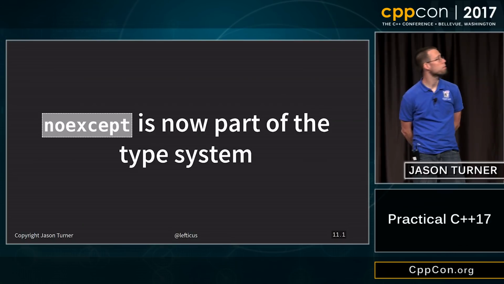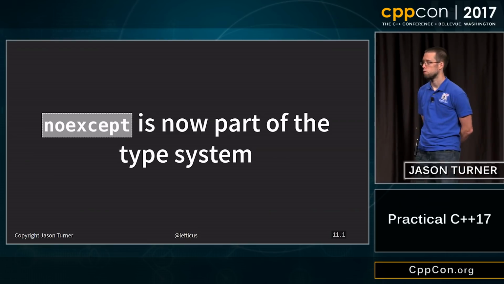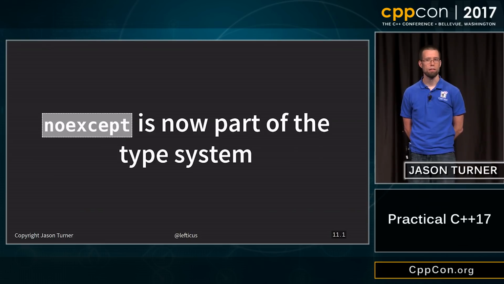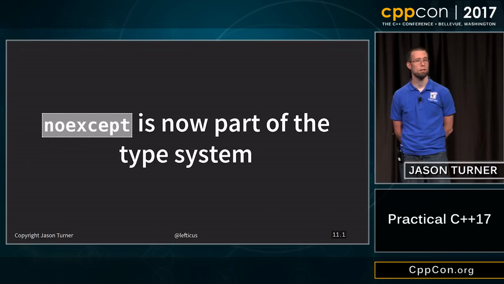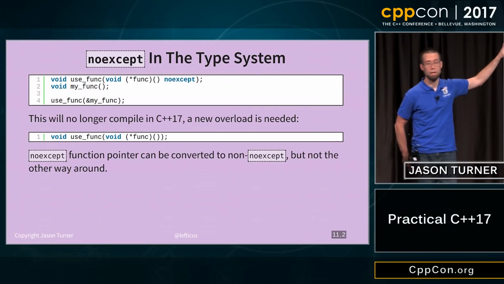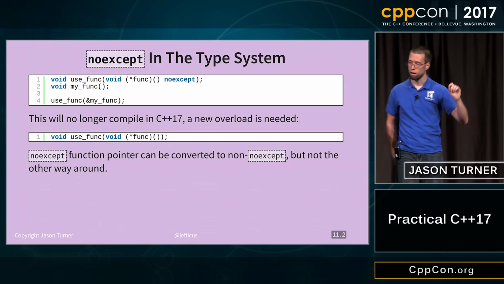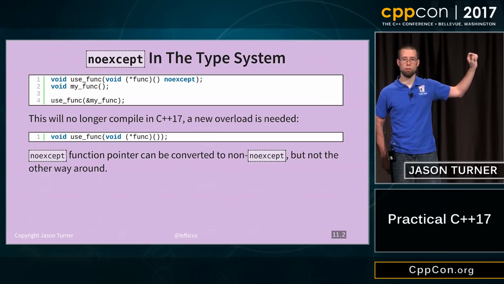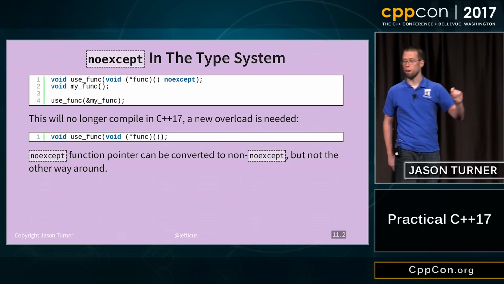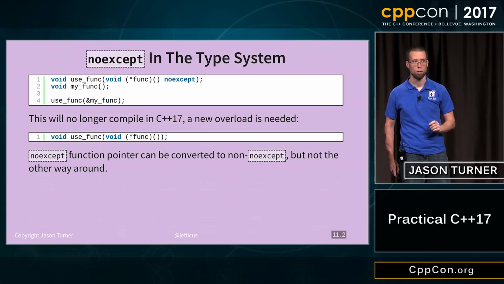So noexcept is now also part of the type system. And I think this is perhaps one of the more esoteric parts of C++17 that most people aren't yet aware of because they haven't compiled their code on C++17 compilers yet, but we'll see. So this is what it means to me. I've got a function that is expecting a pointer to a noexcept function. That's on line 1 in the top block. And then I am passing my func to it, which is not declared noexcept.